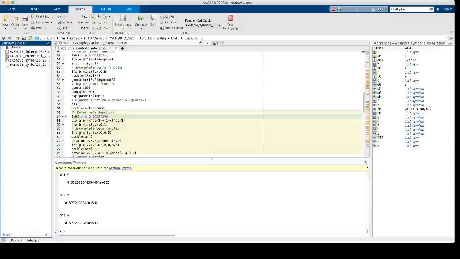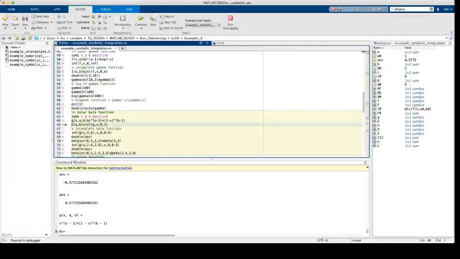Euler's beta function is also defined in terms of a definite integral. It depends on two positive parameters a and b, and in this case x is confined to the interval from 0 to 1, so it's certainly positive. We define the function small g in the following way. It's x to the power a minus 1 times 1 minus x to the power of b minus 1. And I recall that a and b have to be larger than 0. The integral of this function from 0 to 1 is called Euler's beta function,